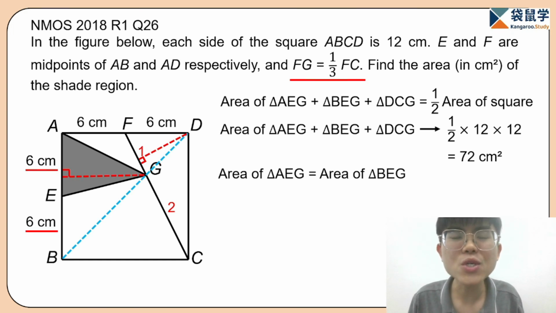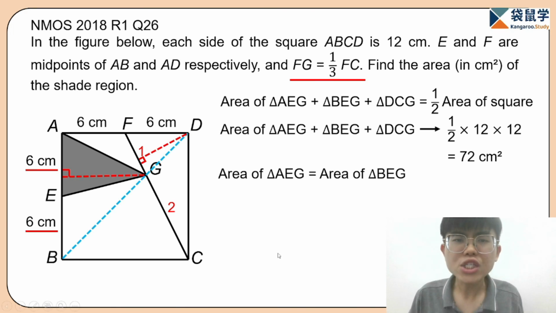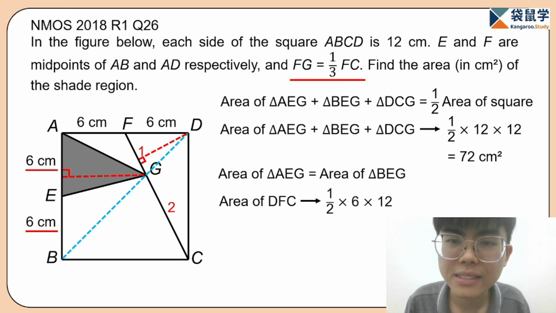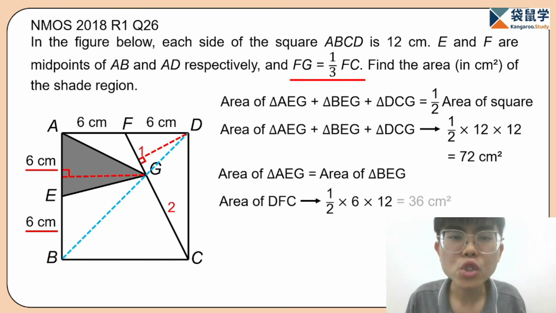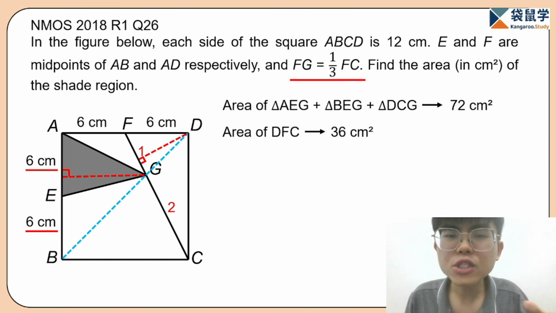So you can see that these two triangles actually form a bigger triangle DCF, right? DCF. So let's try to calculate it. The area of the triangle DFC is actually just 1/2, and then we multiply by 6, and then which is equal to 36 centimeters squared. And now that